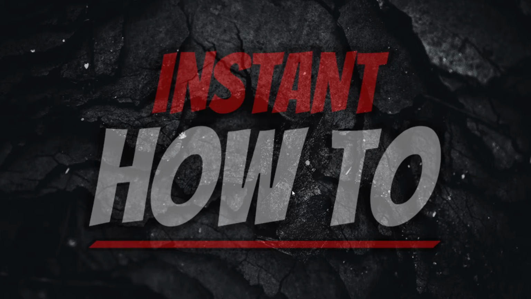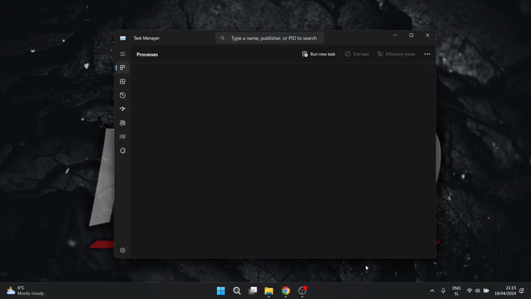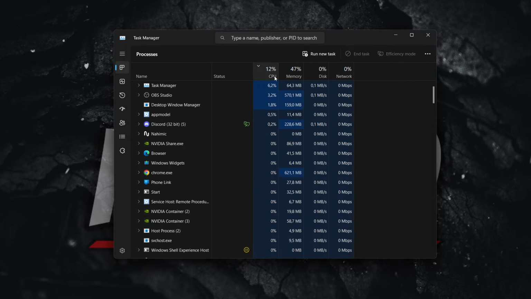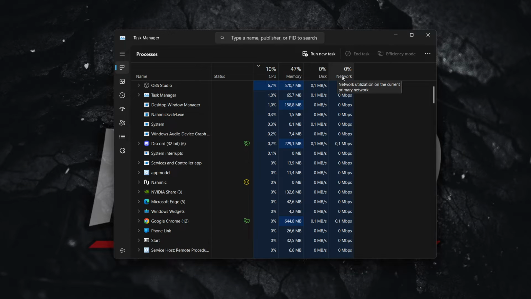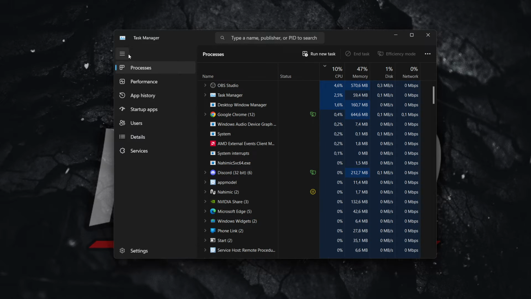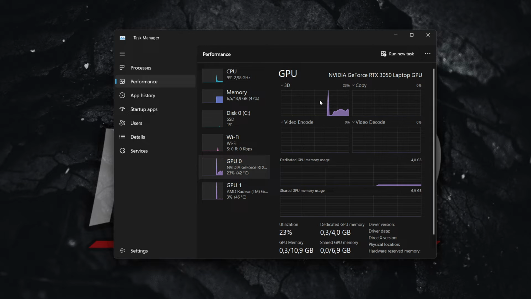In this video, I'm going to show you how to fix GPU not showing in Task Manager. So what you want to do is go down here under taskbar and right click on an empty space and click on Task Manager. And as you can see in here, there's no GPU showing, there's only CPU, memory, disk, and network. And there's not really a button where you can enable this, and if you go over here under more processes, as you can see, you can't really see it, and it's only inside this performance window over here,